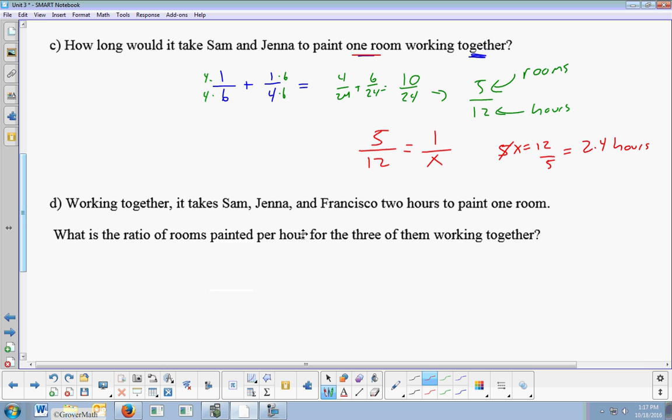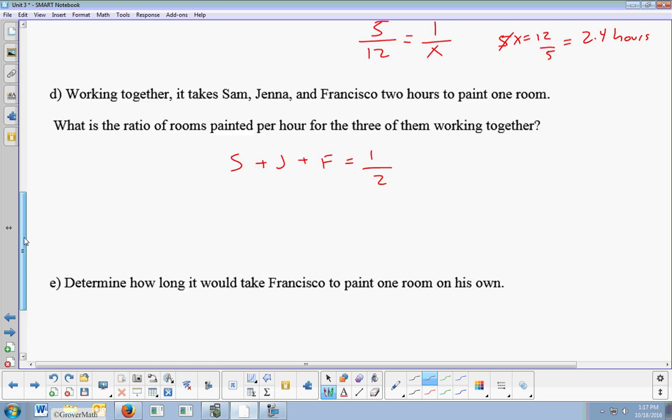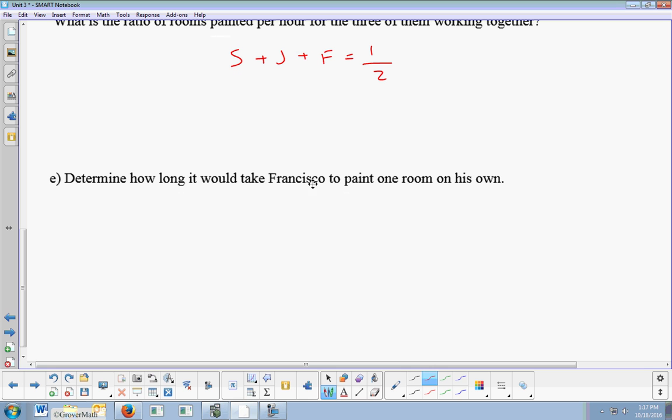Working together, it takes Sam, Jenna, and Francisco 2 hours to paint one room. So working together, Sam plus Jenna plus Francisco can paint one room in 2 hours. And so what is the ratio of rooms painted per hour for the three of them? It's 1 to 2. Well, using this information, we could figure out Francisco's rate for one room on his own. We know Sam is 1/6 of a rate. We know Jenna is one room in 4 hours. We do not know Francisco's rate, but we know together all of them have a combined effort of one room